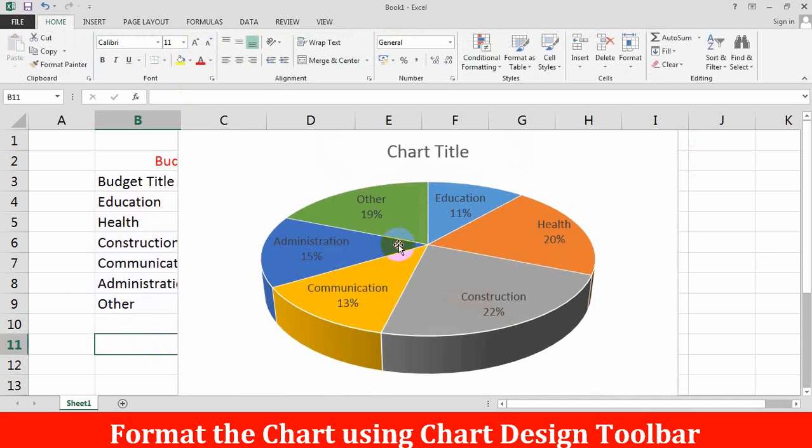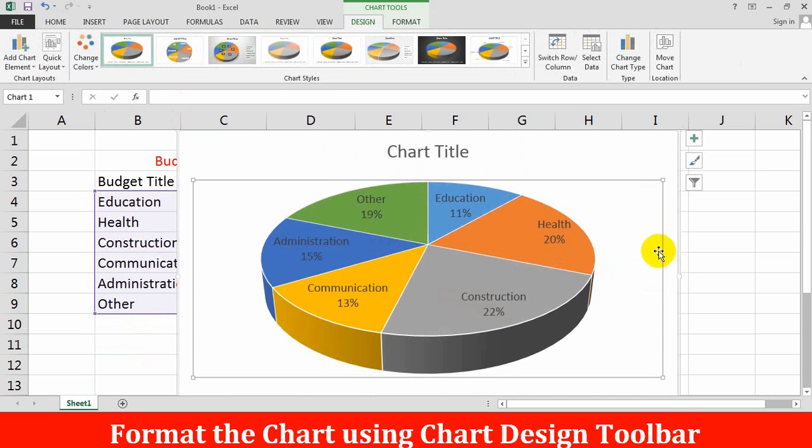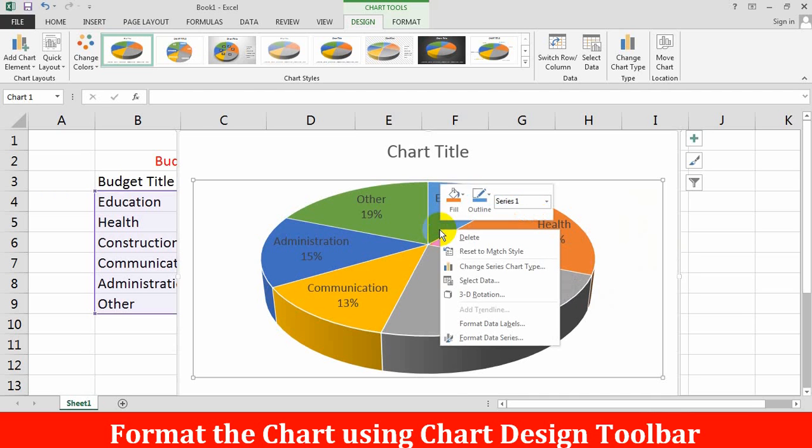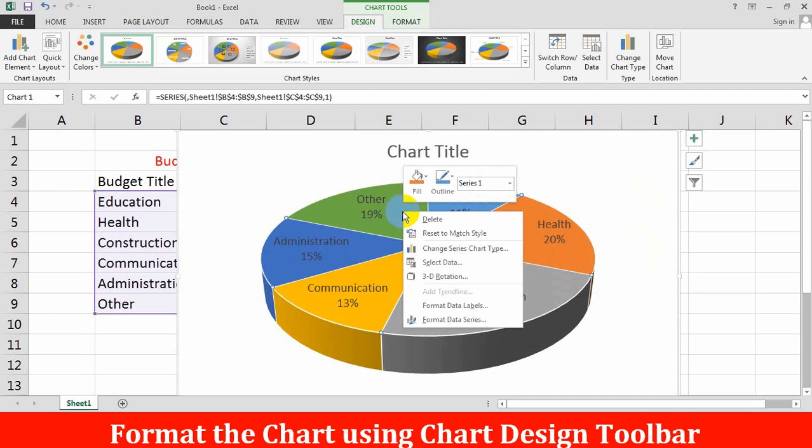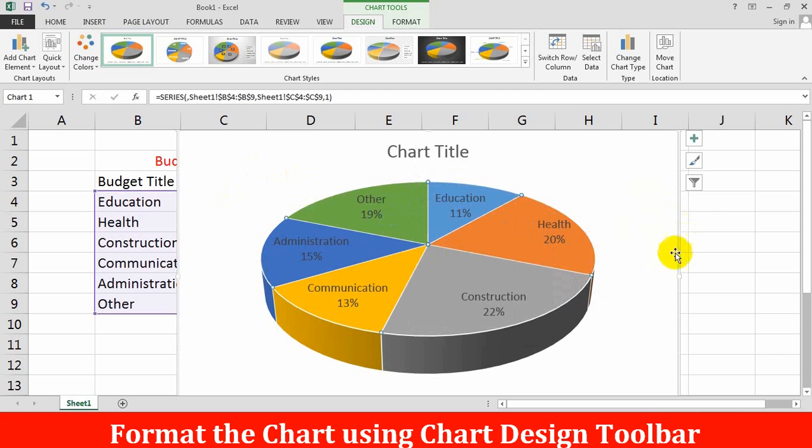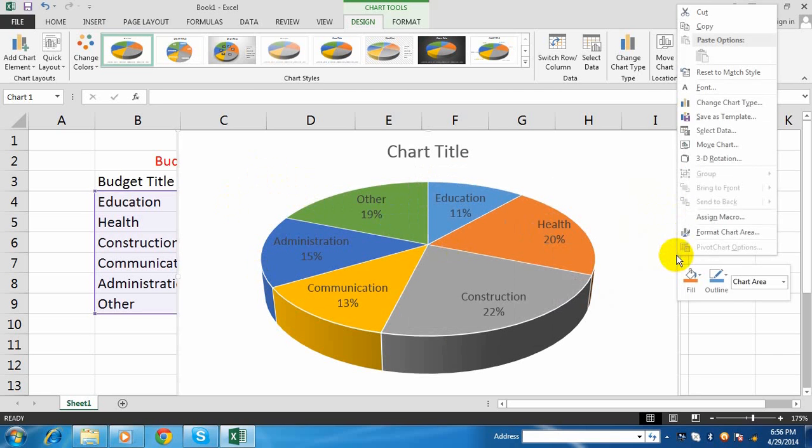Now our chart is ready. You can copy this chart into Microsoft Word and design more, or you can insert it with contents. Just right click on the chart border, click on copy.